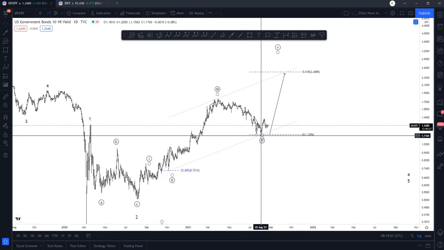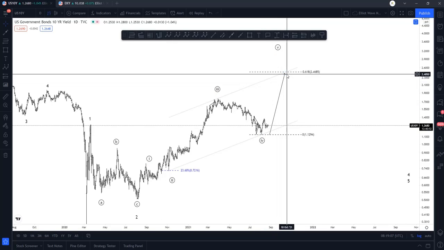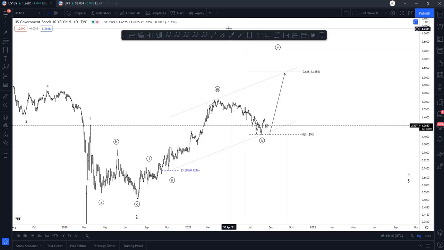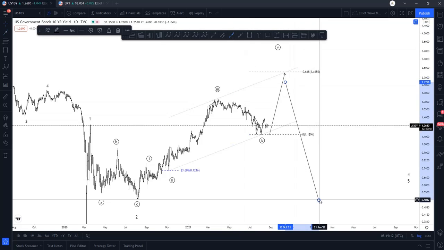Now, for a bullish dollar case, we want to see the 10-year yield move higher. For a bearish dollar case, we want to see the 10-year yield move lower. This will be most important, guys, for identifying and engaging the potential for the dollar to move higher significantly and exponentially. If you guys are wondering how to play this, it's very simple. Wait for the market to play its hand.